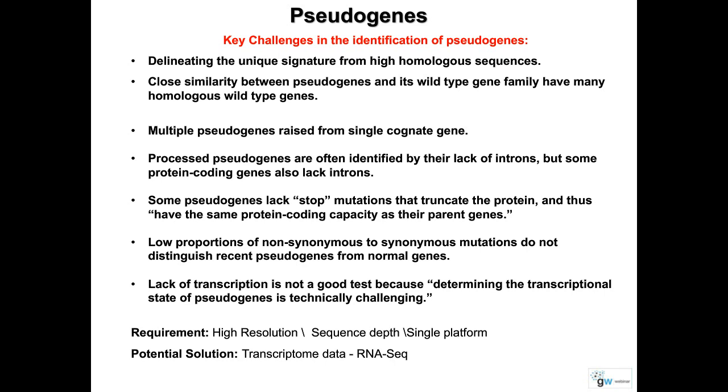Essentially, the sequencing for all the samples should be generated from a single sequencing platform. These are the keys for successful analysis of pseudogenes. It is preferable to look at the transcriptome sequencing, or RNA-seq, rather than the whole genomic DNA, because in genomic DNA it is very difficult to separate the pseudogene from the wild-type gene. It is always the transcriptome RNA sequencing where you can actually see the expressed pseudogenes and separate them. I will show you some examples in the next slides.